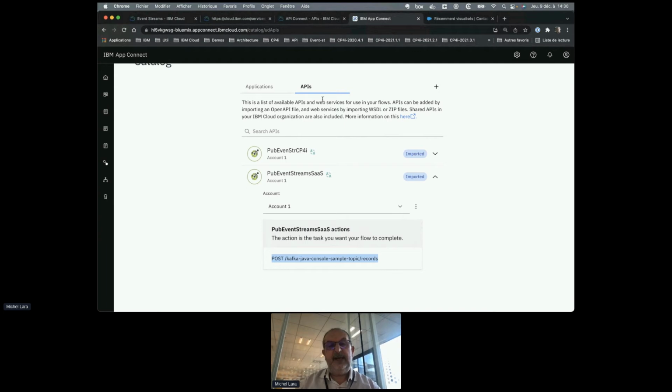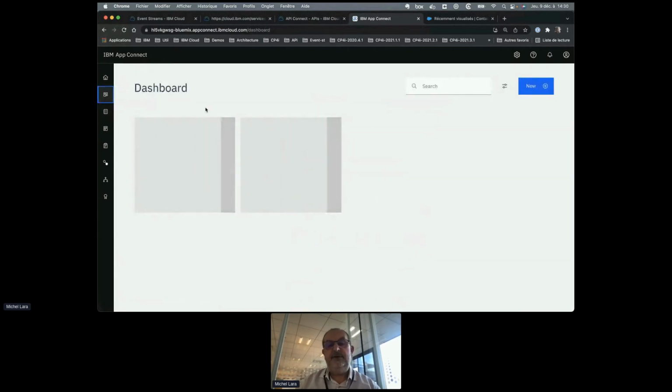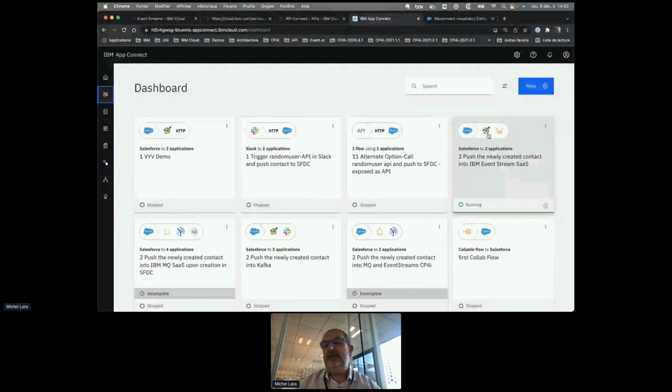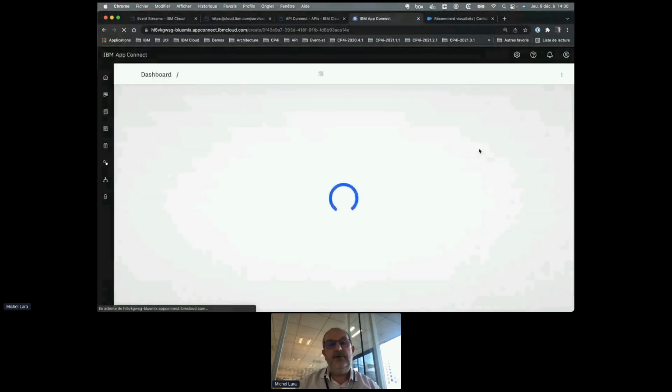So we can add your own API to extend the catalog of the ESB. Very important. Now I can manage the flow. This is a very modern tool with a WYSIWYG way to build your flow without coding. So this is a modern application, of course.